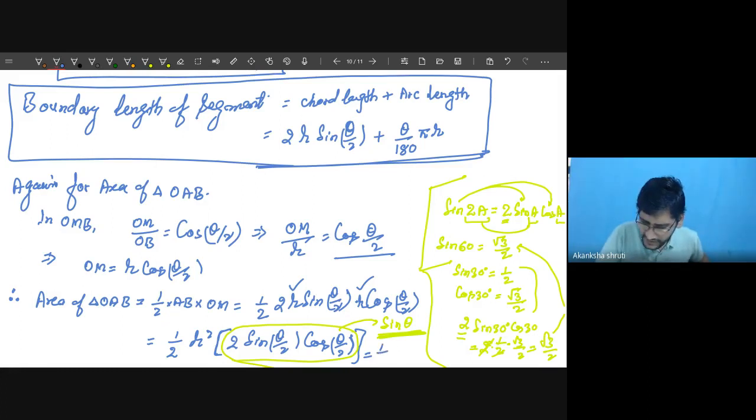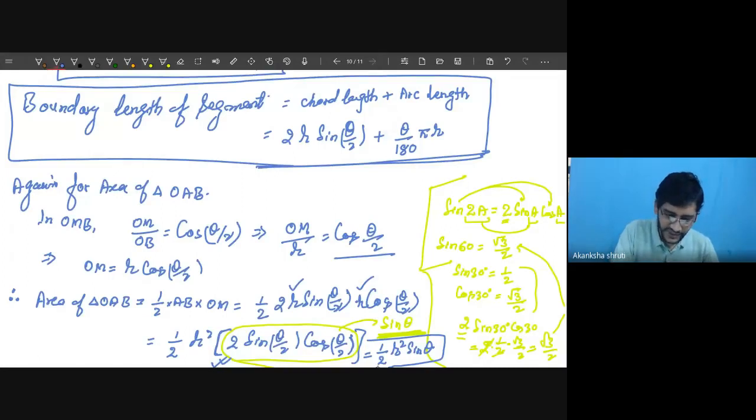Therefore, this formula becomes like this. So it is half r square sine of theta. It's so simple. In your book, even up to this much level it is left. But just by knowing theta, you can substitute in half r square sine of theta and get it. It's so simple. So this is the area.